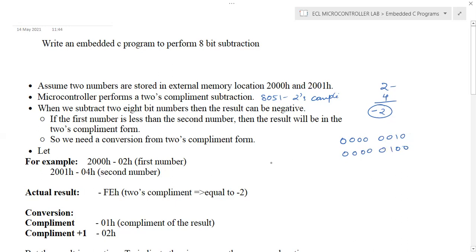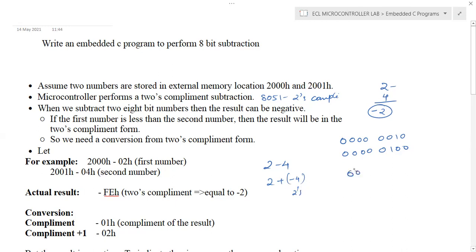In order to perform 2 minus 4 with 2's complement subtraction, we take the 2's complement representation of minus 4, and then perform the operation. After the subtraction, the result will be in the 2's complement representation.